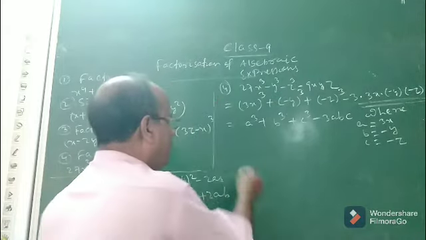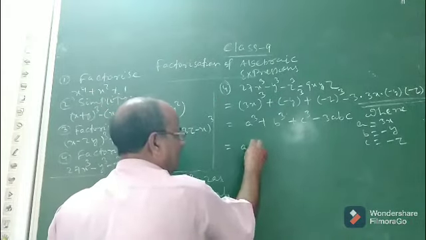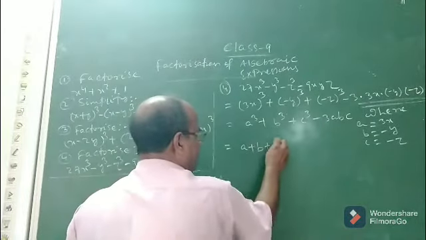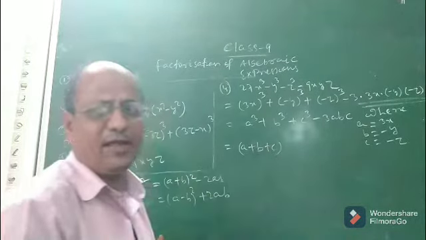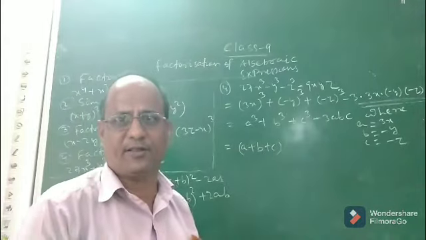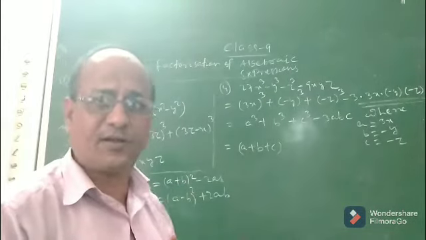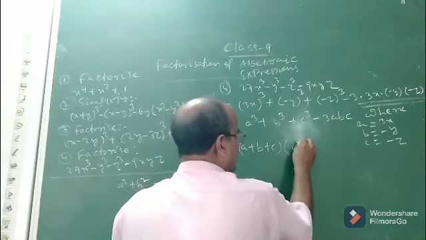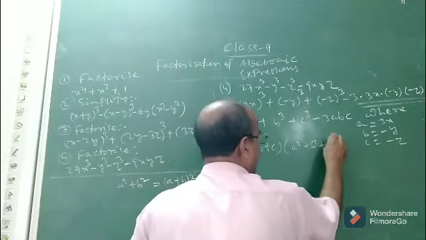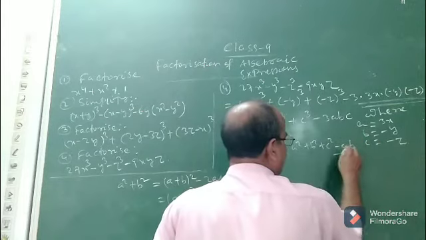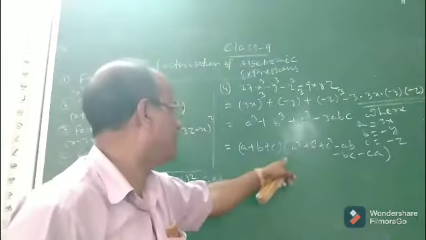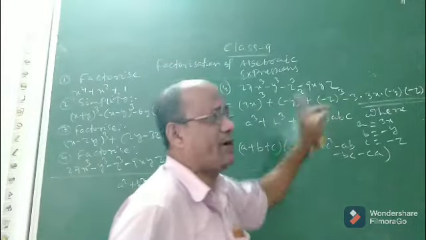Now you put the formula. That you have to remember, the formula for this identity. It has two formulae, I have told you. You just remember there are two formulae, but you will use the first formula. What is the first formula? This is the first formula: (a plus b plus c) into (a square plus b square plus c square minus ab minus bc minus ca). You see, this is the first formula for the identity a cube plus b cube plus c cube minus 3abc.